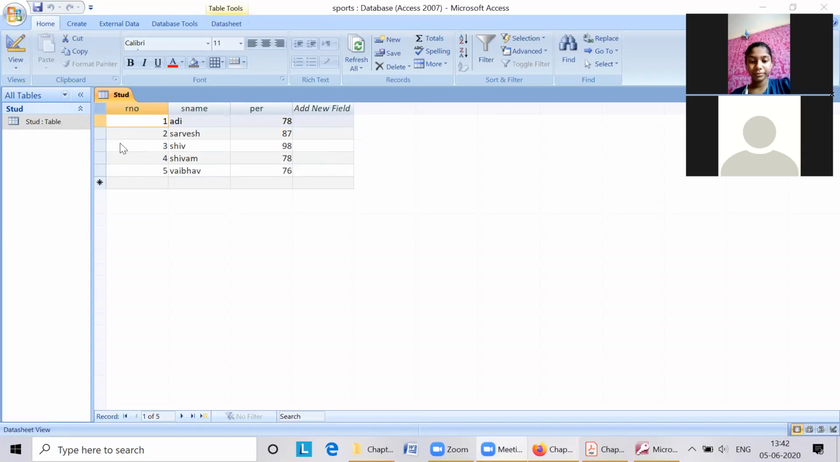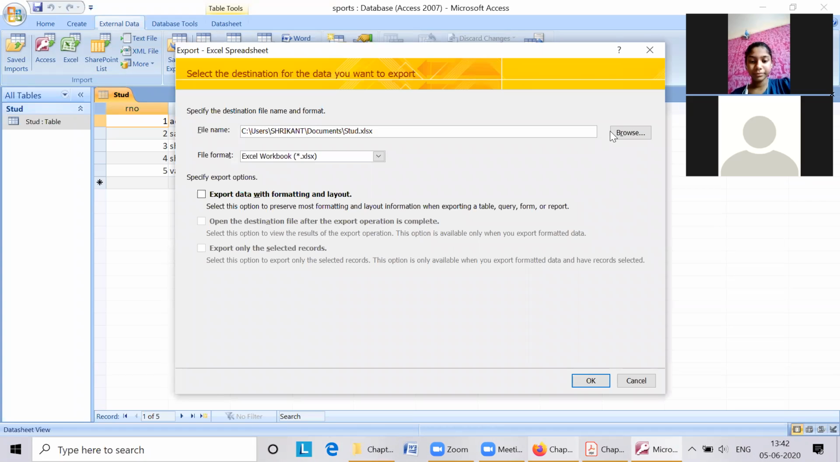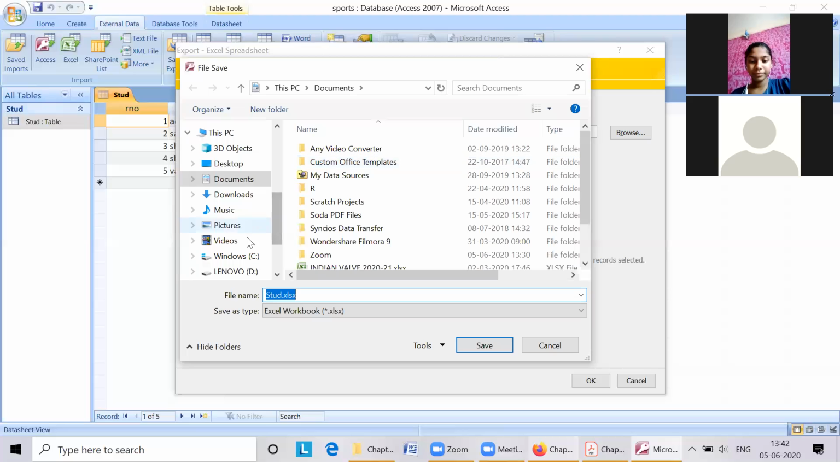Now the next part is how to export this data into Excel and how to import Excel data into the Access. So what we will do, external data. Click on the external data. Can you see here the Excel option? Yes, sir. Click on the Excel option. It is asking for the file name where I have to store. Suppose I have to store my Excel data in